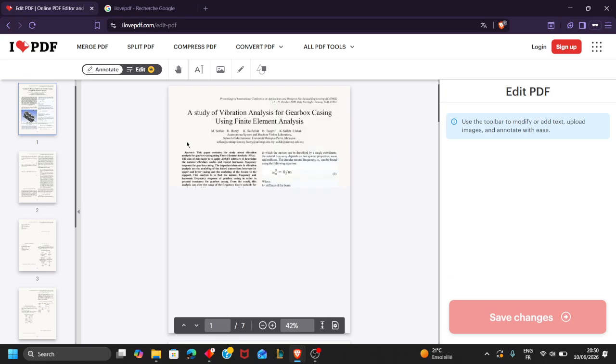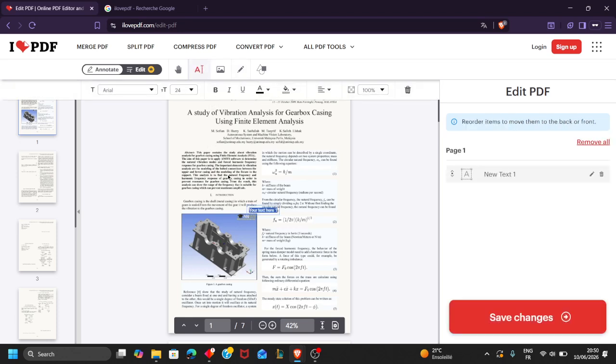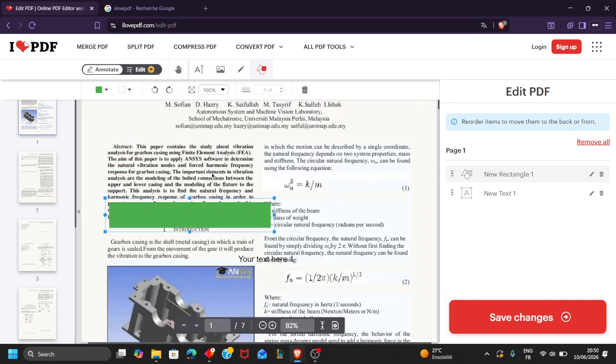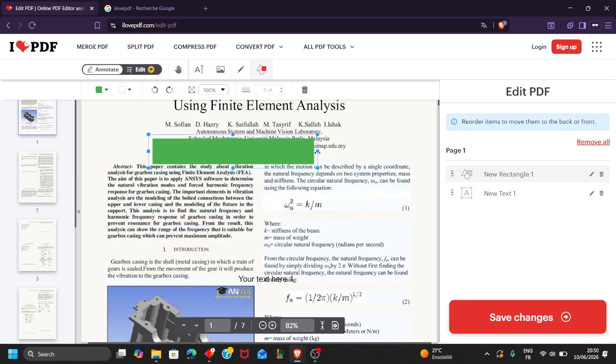Then once it's uploaded, you're going to add text fields or form areas where users can type information. For example, you can add shapes like this. You can color them. You can resize them like this, and zoom in and cover some information. For example, you write name, then you click or insert a field where the user or the visitor adds their